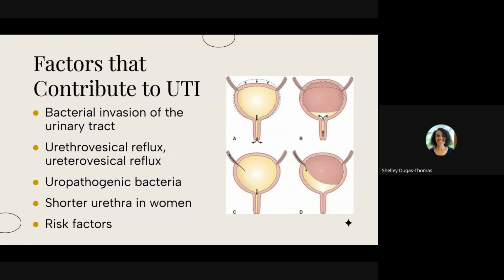So when we look at the figure on your slide, in A and B, this shows the urethral vesicular reflux. This happens with coughing and straining, and bladder pressure rises, which may force urine from the bladder into the urethra. So when bladder pressure returns to normal, the urine flows back to the bladder, which introduces bacteria from the urethra